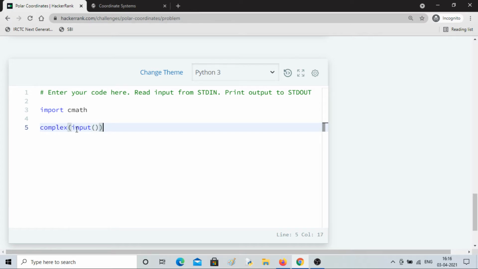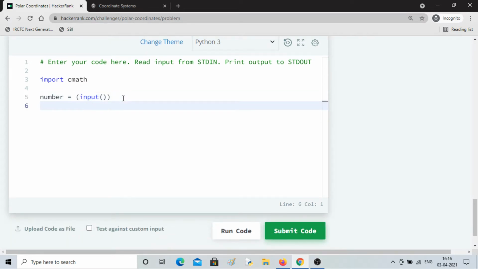Okay, and I'll store it in number, some variable, I am writing number. Okay, so if you don't write this complex, you will get the input in string form. Let me leave it like this.